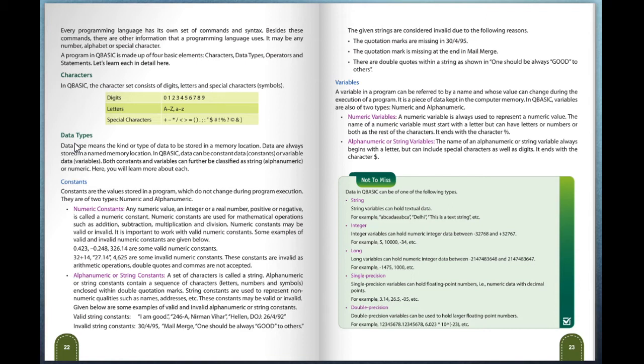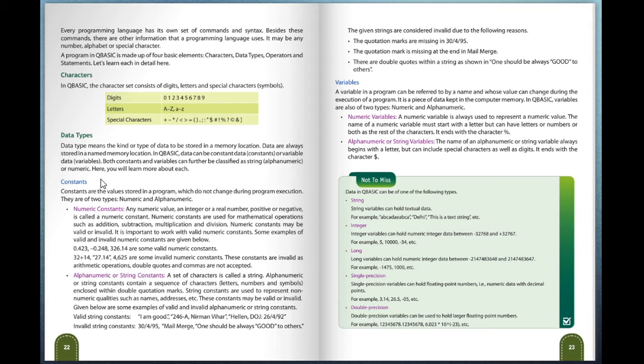Both the constants and variables are further classified as string or numeric. Here you will learn about each. Constants: constants are values stored in a program which do not change during the program execution. There are 2 types, numeric and alphanumeric.